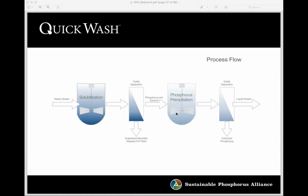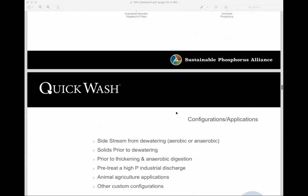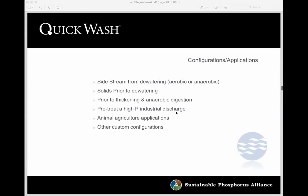So each system we deploy is customized that way, and we focus first on the needs of the customer and what they're trying to accomplish and where in their system they're trying to accomplish it. QuickWash can be configured in a number of ways, either on a side stream coming off of a dewatering, solid stream prior to dewatering, prior to thickening, can pre-treat industrial discharge, and also animal agricultural applications where we can treat manure directly. As an example, we're currently working